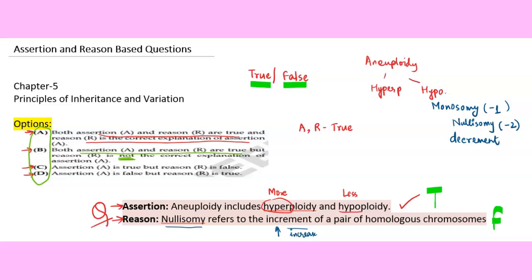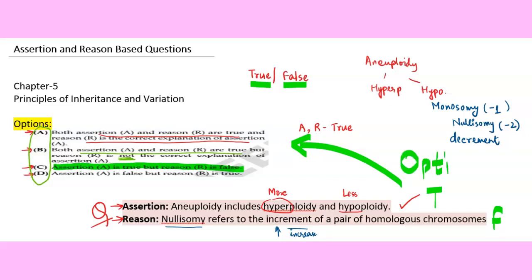Now what you have to do is, after finding these statements as true and false, you don't have to leave them there. Now you have to fit in which statement out of these four is fitting in. And if you look seriously, then assertion is true and the reason is false. That means which option is suiting here? It is option C, which comes out to be the answer to this question.